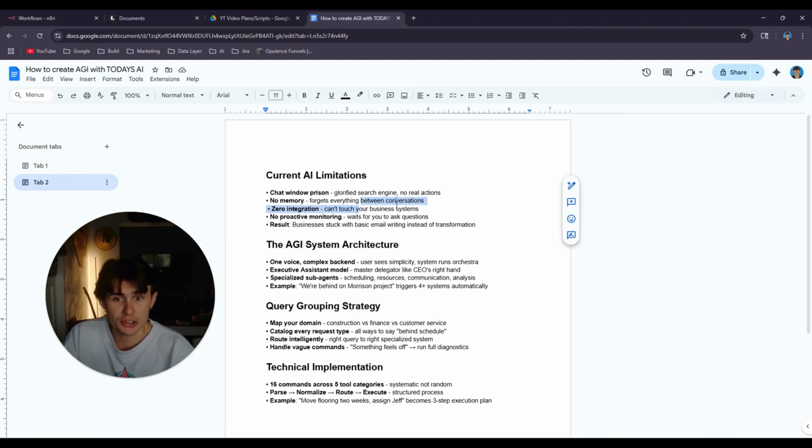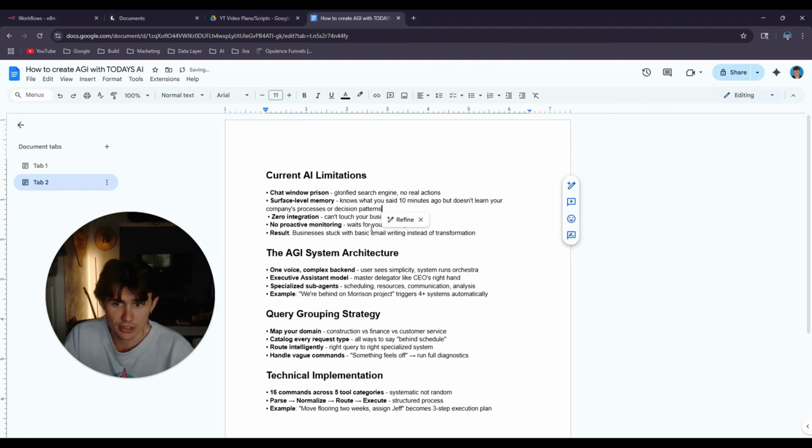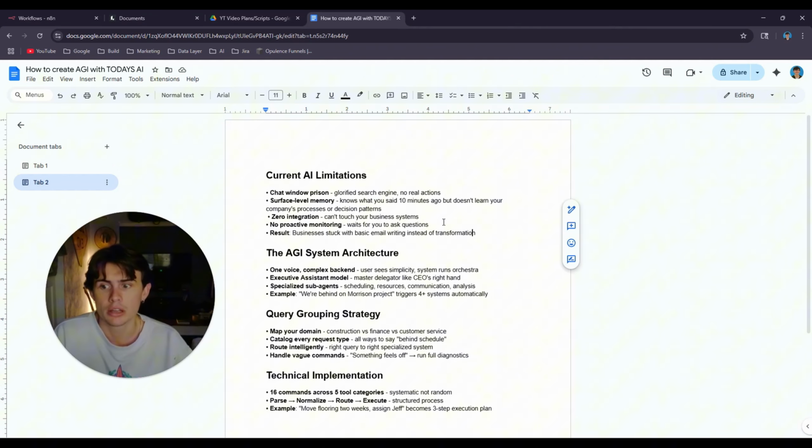I'm actually going to be doing some live editing. So instead of saying they have no memory at all, it's just not the case. They do have memory, but they have surface level memory. So they'll know what you said 10 minutes ago or even a week ago in your chat, but it doesn't learn on your company's data or learn different patterns because of the actual architecture of the backend data systems that power them.